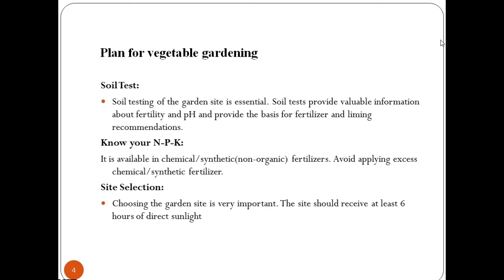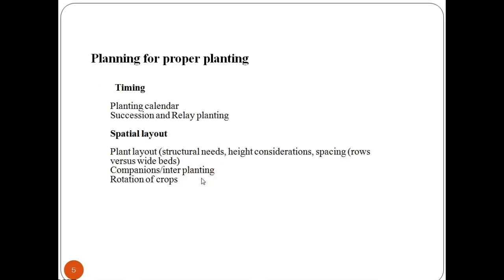The site should receive at least 6 hours of direct sunlight. The site should also be near a water supply and accessible to gardeners. Loam soil is most desirable. If the garden soil does not have loam, the soil structure can be modified over time by adding compost or organic matter. The site should also be free from rubble and debris, should be relatively free of pollutants and away from pollution sources.